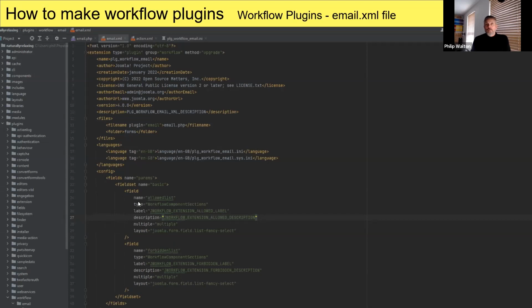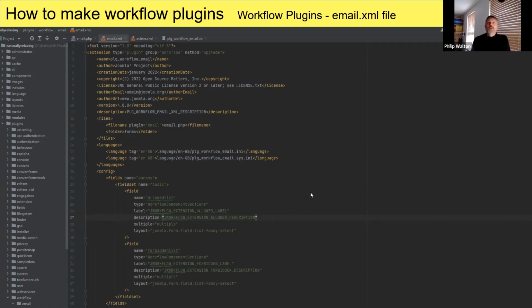So what do we do here? Well, we basically had this allow list and this forbidden list in the field set, which we just looked at. And these are the parameters being set here. So you could set more parameters, whatever you like, really. But the configuration parameters would all be there. One of the important things we need to do is give it a name. And so the file is plugin equals email, and email.php is the file name that I chose.